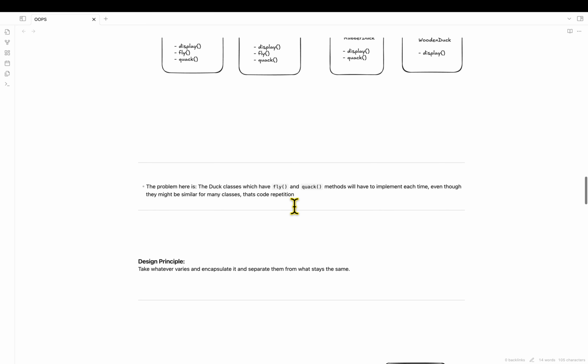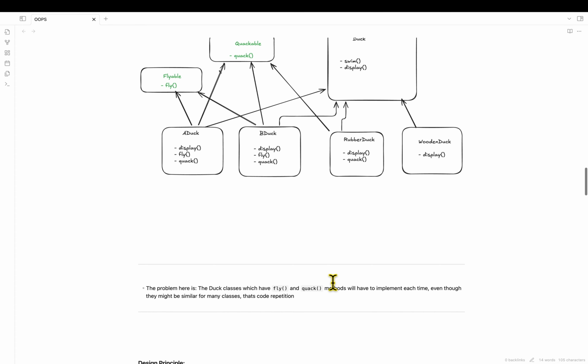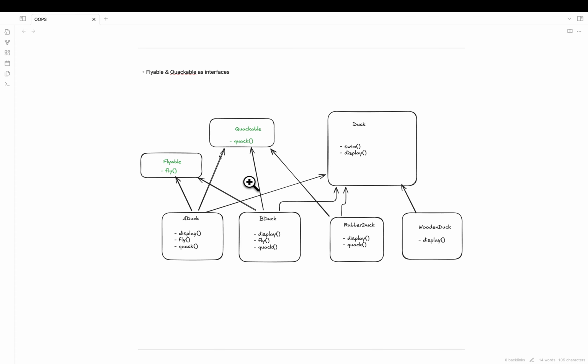The design principle says to take whatever varies and encapsulate it, separating it from what stays the same. So currently, what is exactly varying? Swim is common across all. Display is something every duck has to implement, like this is some xyz duck.